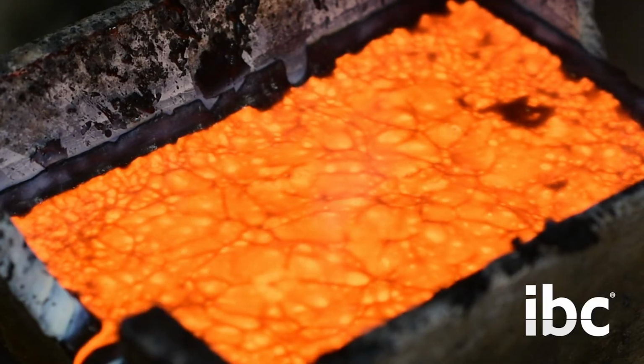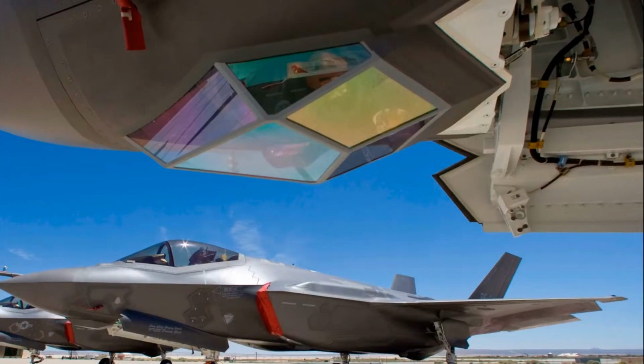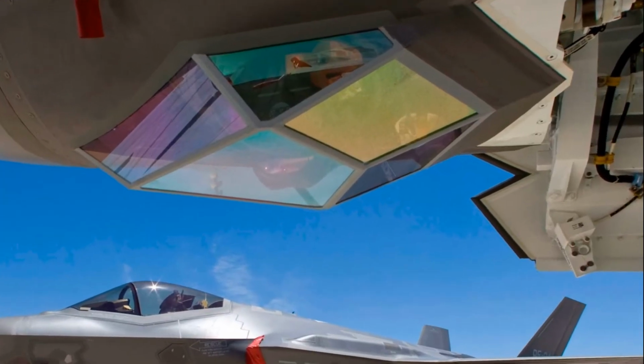IBC is one of only 2 companies in the world that casts aerospace qualified beryllium aluminum products. The aluminum beryllium side, which is really probably the most unique thing we have in IBC. As a matter of fact, only 2 companies in the world can do what we do at IBC. I like being in that small of a group, and I love to be able to shoot for being #1